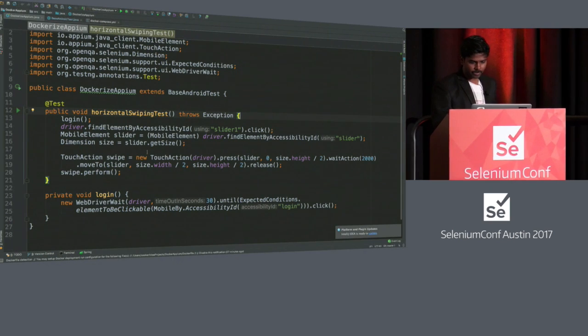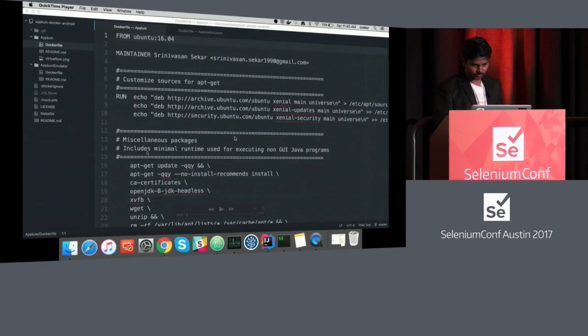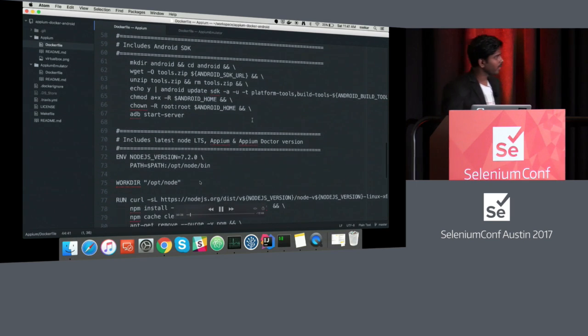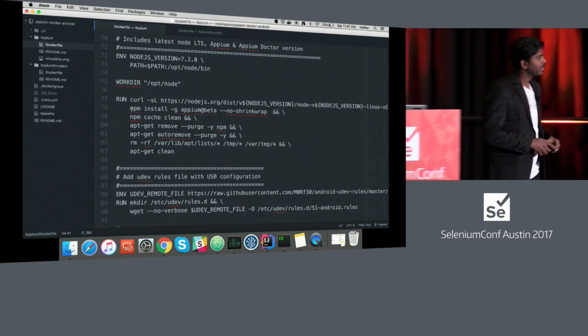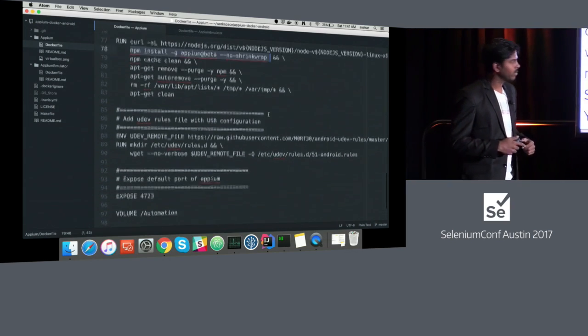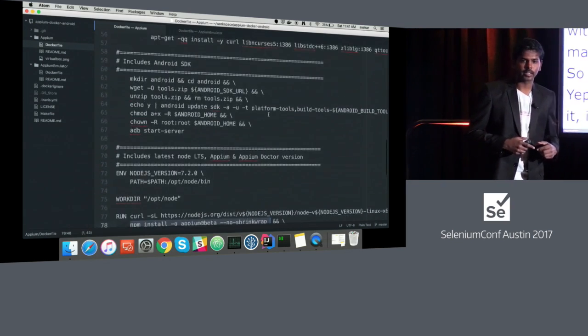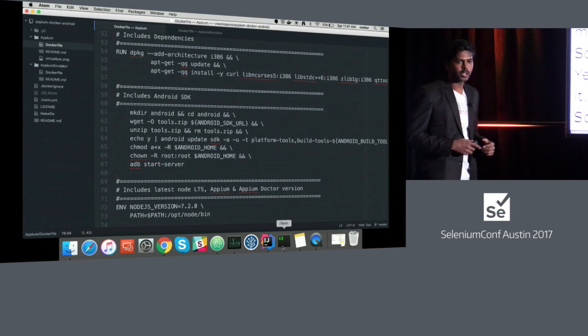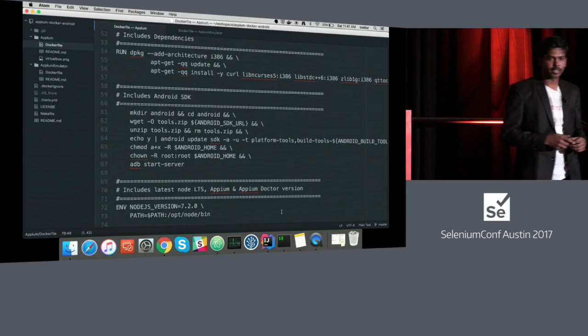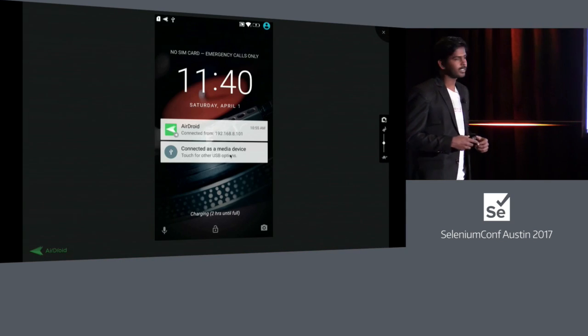So, have a real device demo. Yep, this is my Docker file. When you build it, it creates a Docker image for you. When you run the image, it creates a container. So from a single Docker image that's saved in the Docker registry, we can turn up as many containers as we want.